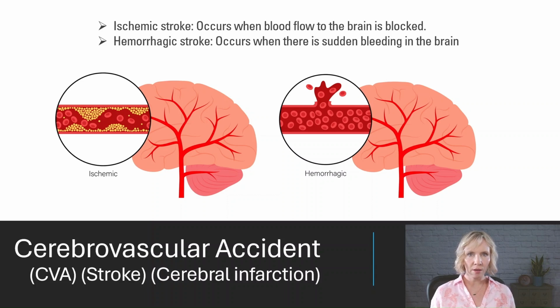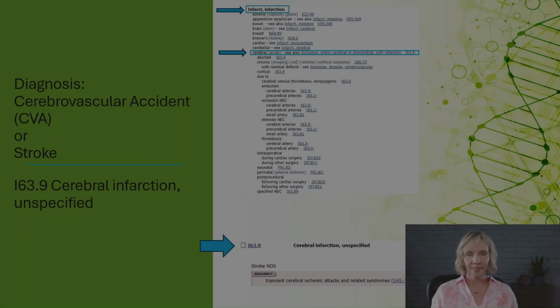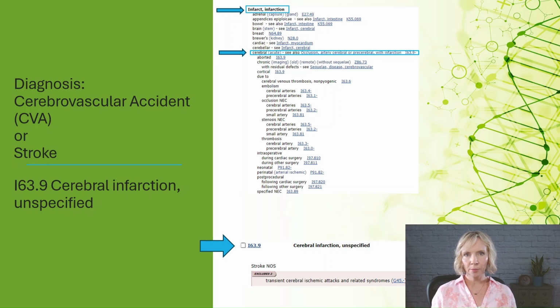Ischemic strokes are the most common type, occurring when a blood vessel supplying the brain becomes blocked. The other type is a hemorrhagic stroke, which happens when a blood vessel in the skull or brain ruptures or leaks, causing bleeding. Sometimes the medical record documentation will lack specificity regarding the type of cerebral vascular accident. When a diagnosis is simply stated as cerebral vascular accident, CVA, or stroke without additional detail, assign code I63.9 for